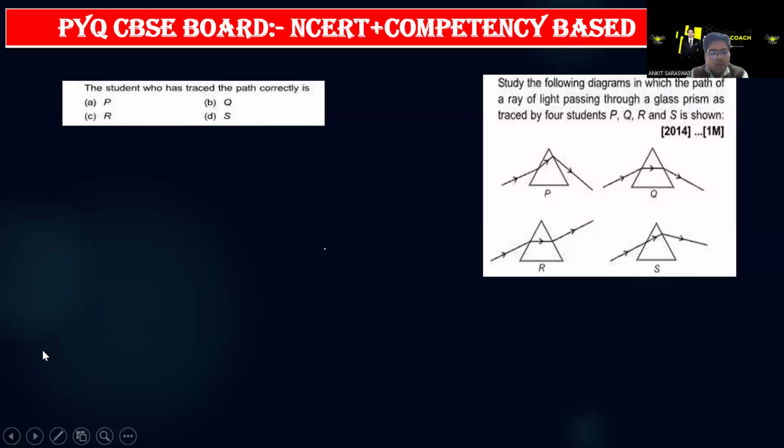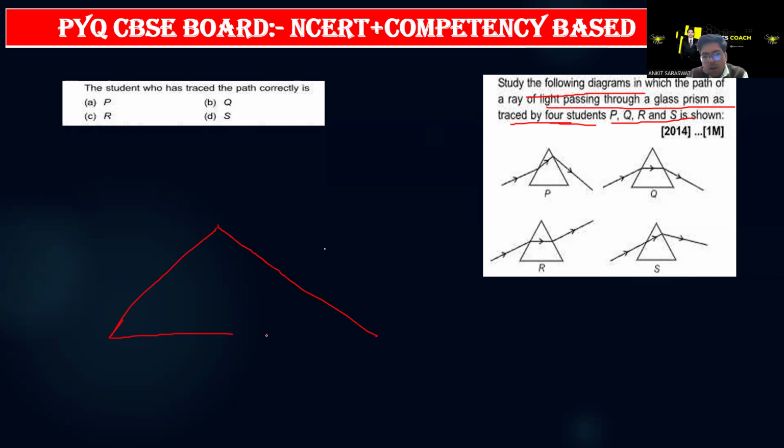So, hi everyone. Let's read this question. Study the following diagram in which the path of a ray of light passing through a glass prism is traced by four letters PQRS. Here are the four options. Okay. So, actually, you know very well how to draw the